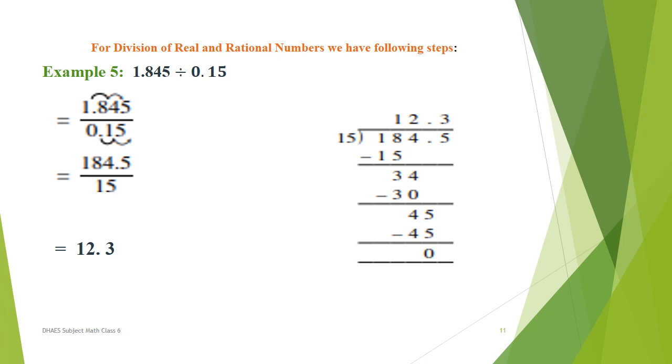Now you divide this term: 184.5 divided by 15. 15 multiplied by 1, 15. 18 minus 15 we get 3. Next term is 4, so we write there 34. 15 multiplied by 2, 30. 34 minus 30 we get 4. Then after 4 we have a point, so we write point in the answer value, that is 12 point, then write 5. If we write 5 in the remaining value, it becomes 45. Now 15 multiplied by 3, 45. Now 45 cancels 45, we get 0 in the end, so 12.3 is your answer.